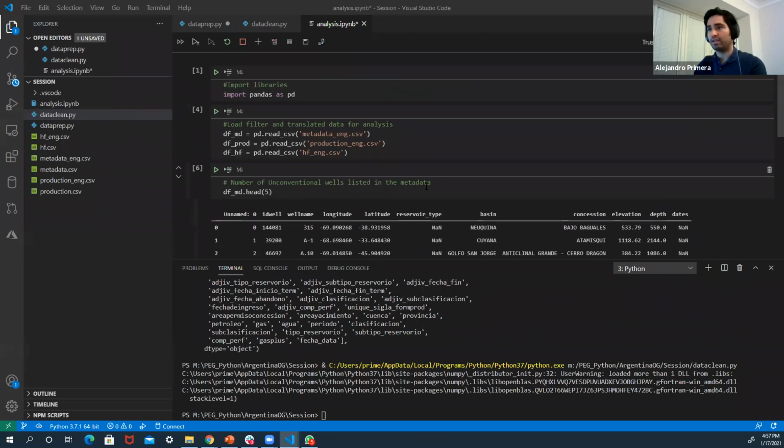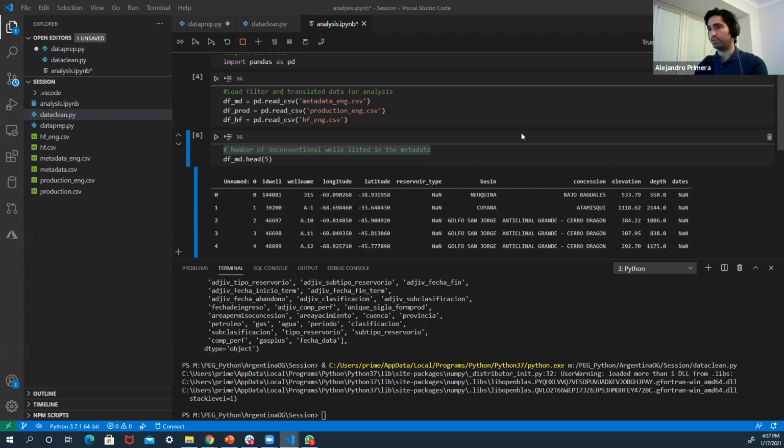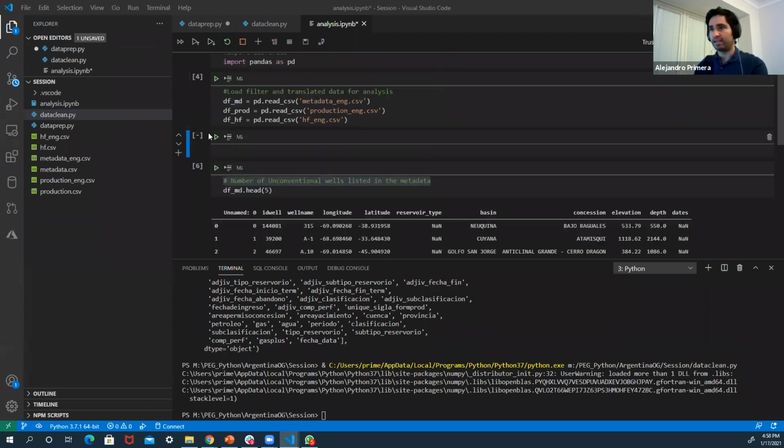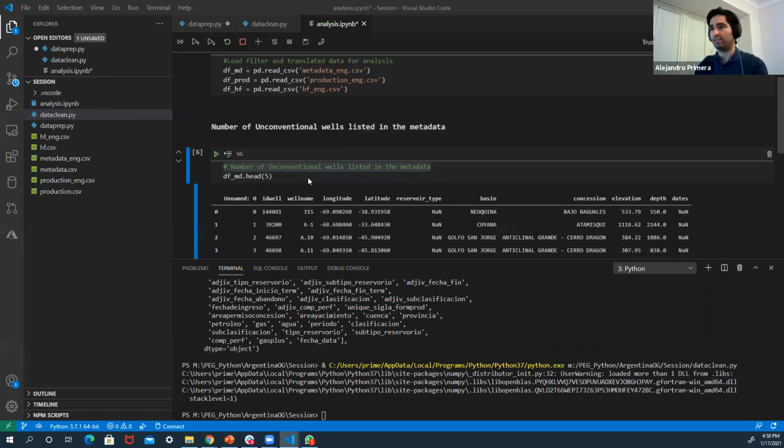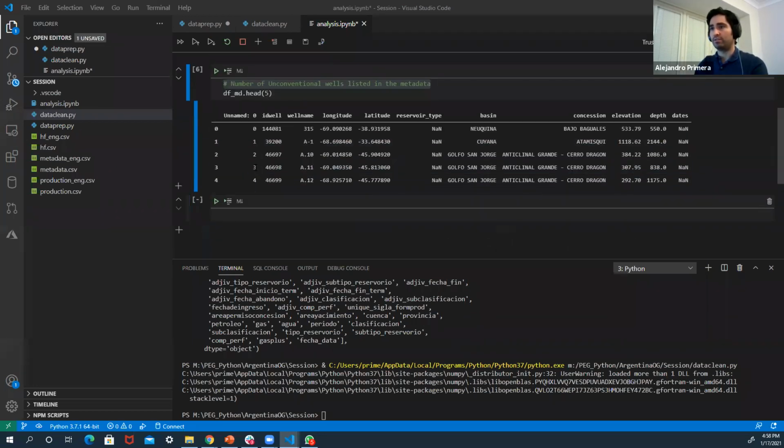and in fact, let me put here number of unconventional wells in the data. I can add cells here, and in this case, convert the cells to markdown or text cells. So for instance, this is a question. I'm going to put here number of unconventional wells listed in the well data. So let's work on that. So I have a header, and as I showed before,